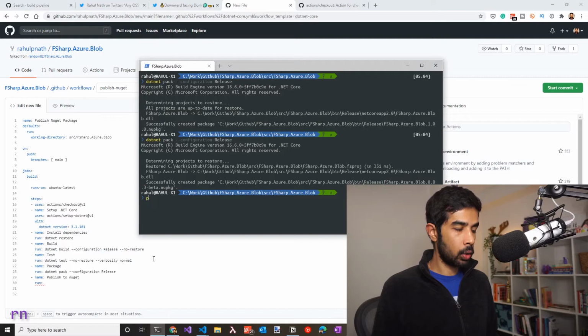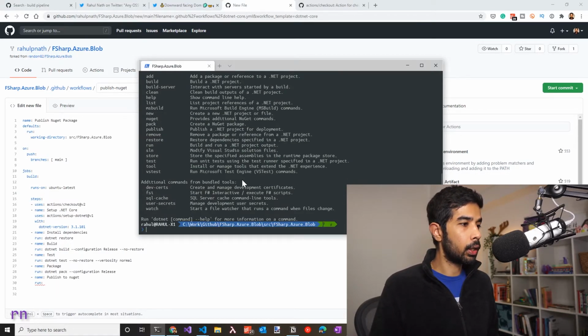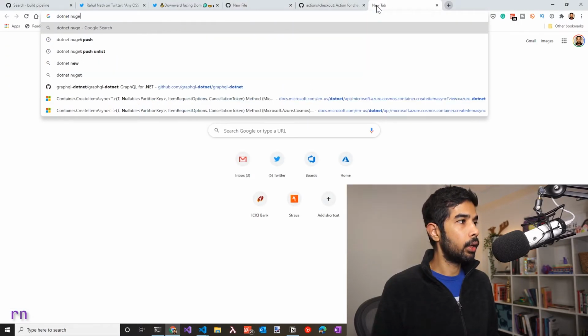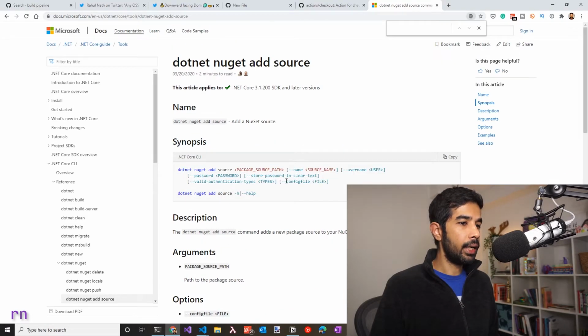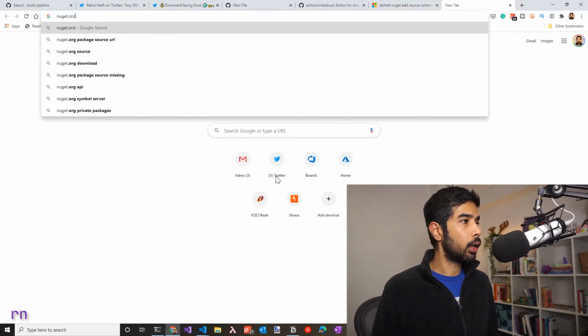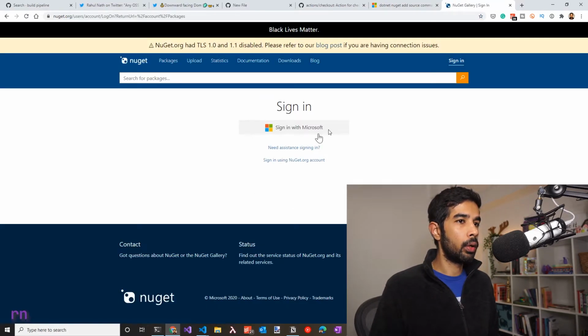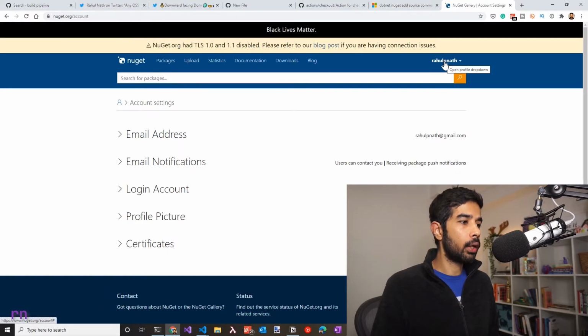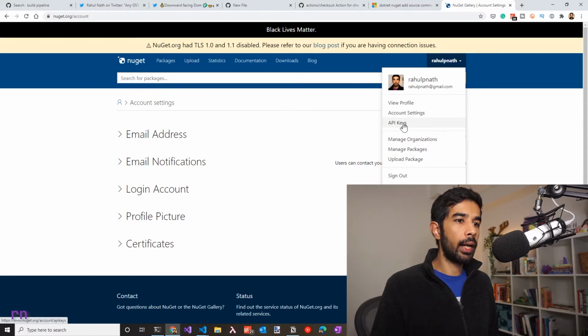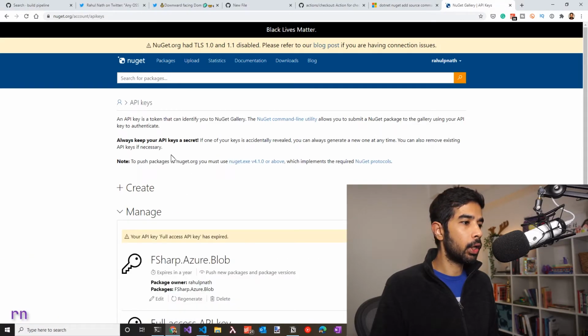So going back to the console, let's look at .NET -h, which should give us all the particular commands. And this has a NuGet command, which provides additional NuGet commands. So let's look at the .NET NuGet help and see what parameters I need to use. So I definitely need a token to publish into the NuGet. So let's go to nuget.org and log in with an account. So I have mine with my Microsoft account. So let's use that to log in. Once logged in, under your account name, you can look at API keys and get a particular API key.